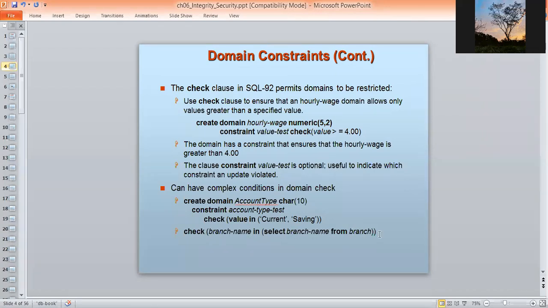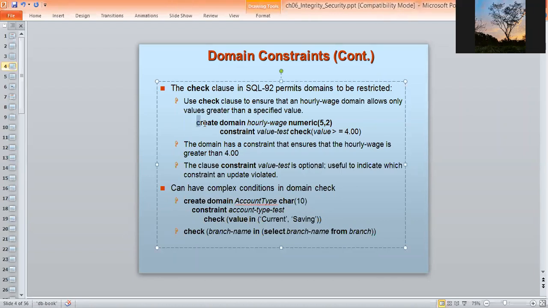So here the domain constraints impose some restrictions on the value of a particular attribute. In this way, create domain account type, then the data type, the constraint imposed is the account type test, check, and then the value in the list of values you can specify. This can be one way.